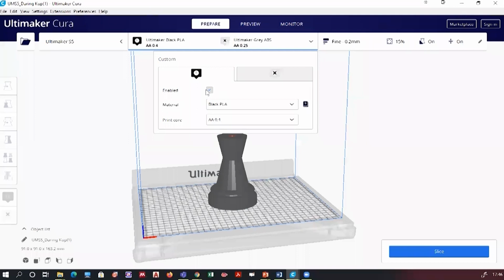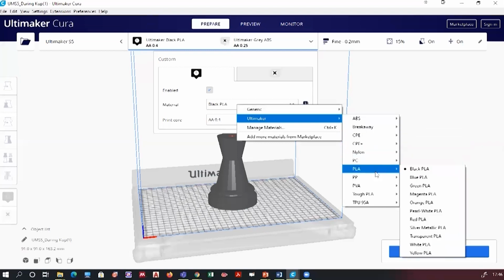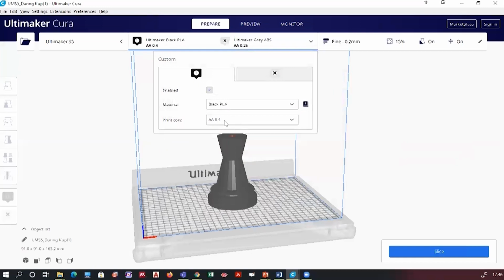One of the nozzles will get enabled over there, the extruder part. There you will first select which material you want. When you click on the drop down menu, you have an option of materials: ABS, nylon, PLA. For this, I have selected PLA black. You have to select that and keep changes.